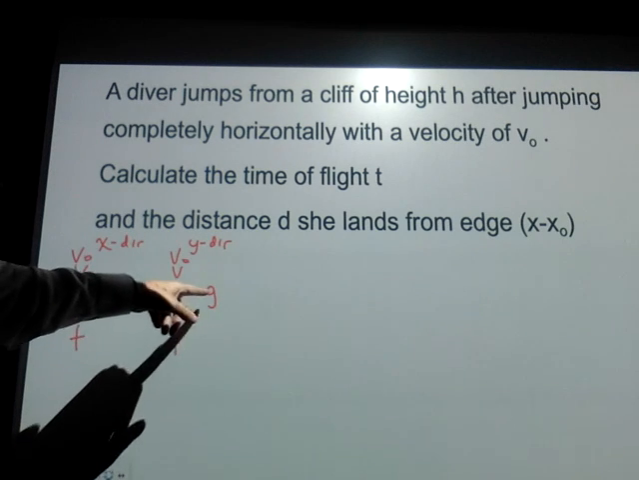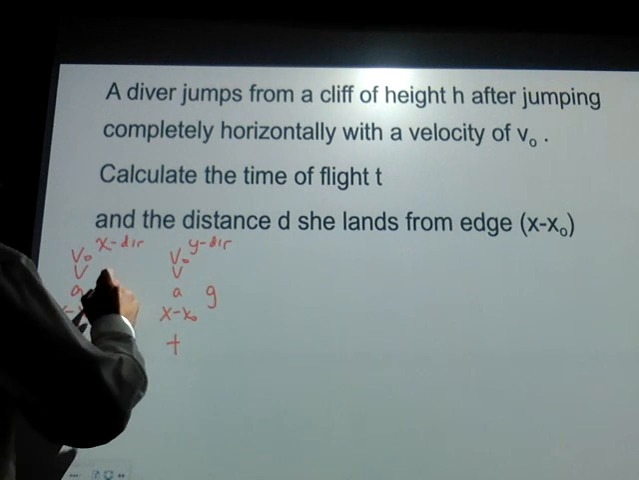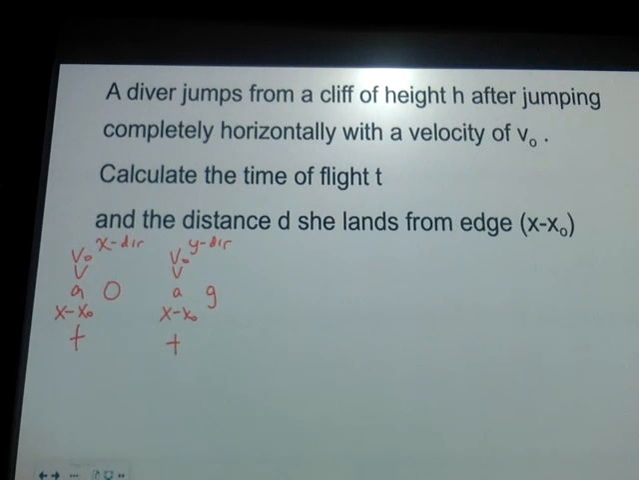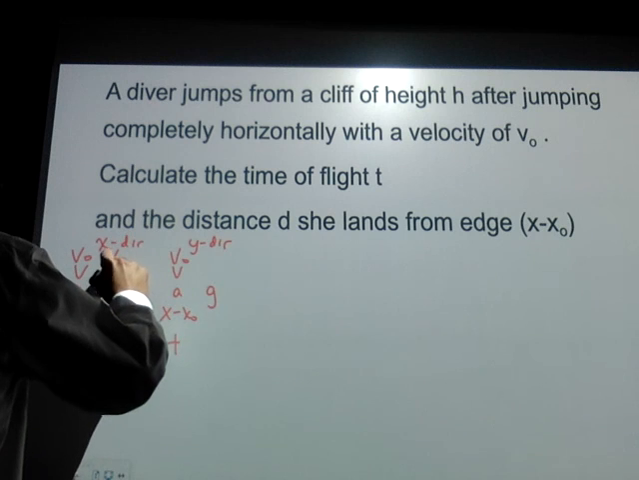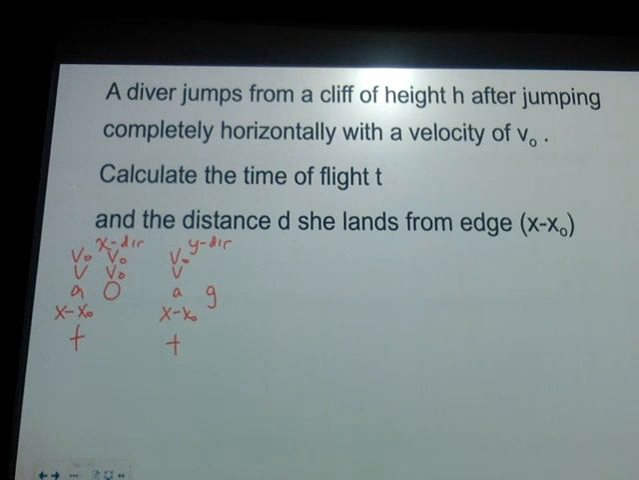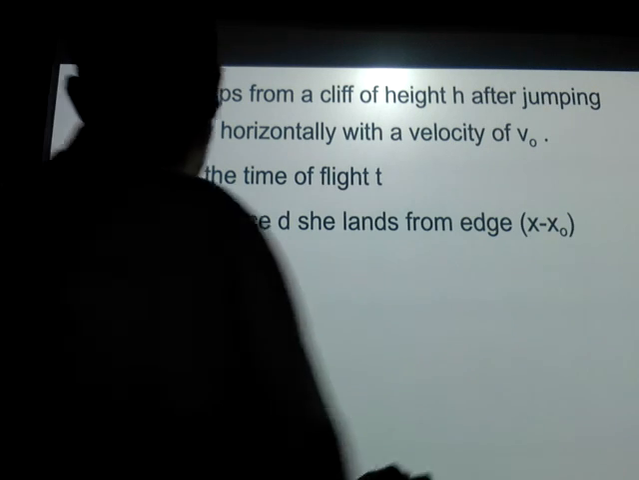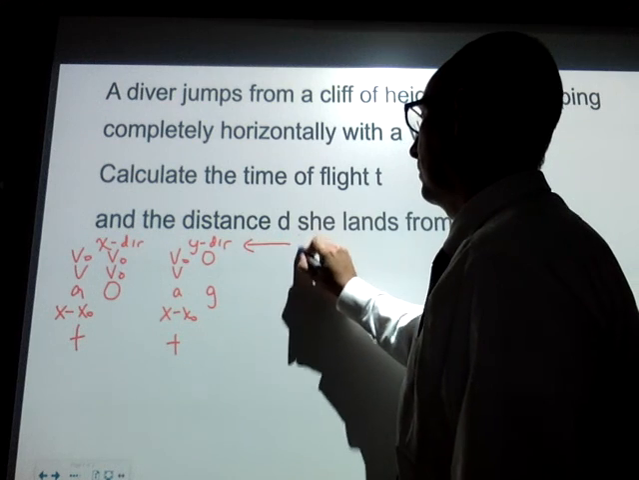So we know our acceleration in the y direction is g. We know that in the x direction it is 0. We know our initial velocity in the x direction is v naught, and our final velocity in the x direction is v naught. And we know that our initial velocity in the y direction is 0. So I want to get the time, and I want to get the horizontal distance. So using the y direction,